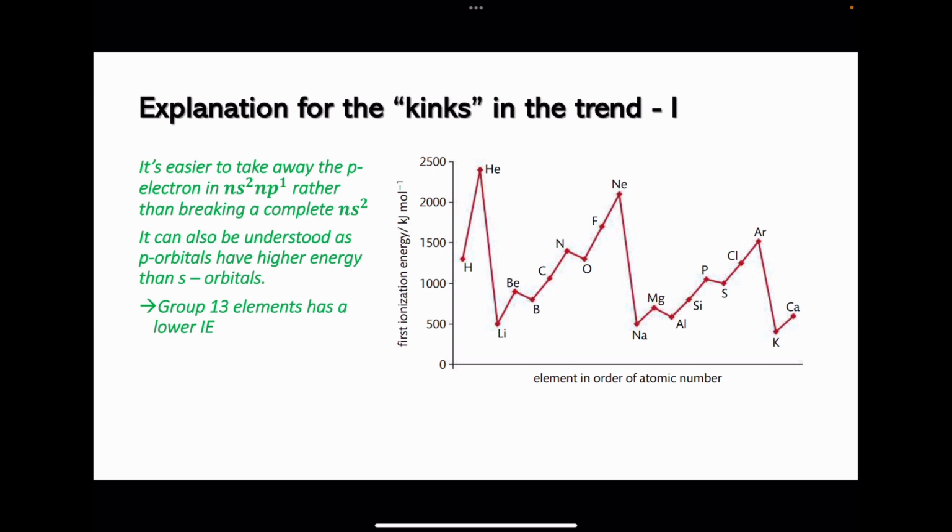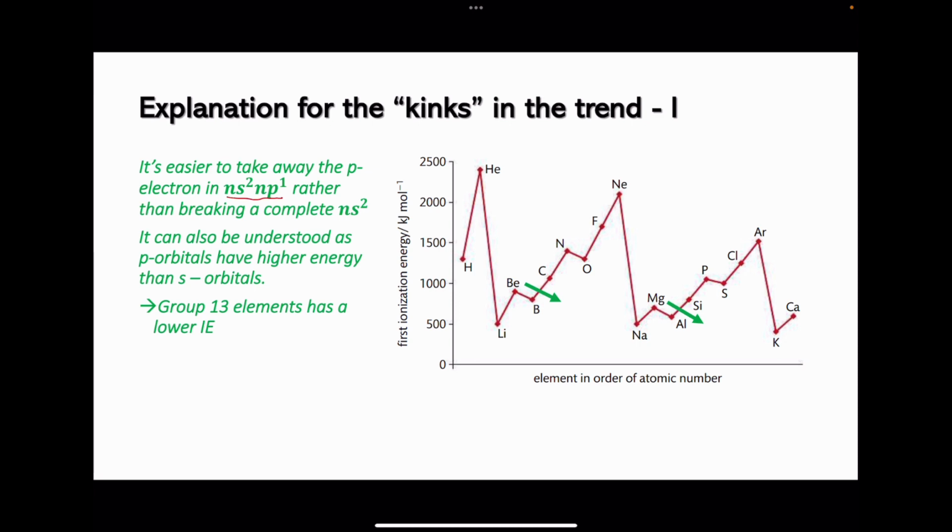However, there are some kinks in the trend. For example, between beryllium and boron, and magnesium and aluminium. So basically between group 12 and group 13. Now, this is because it is easier to take away the p electrons when the configuration is ns2 np1